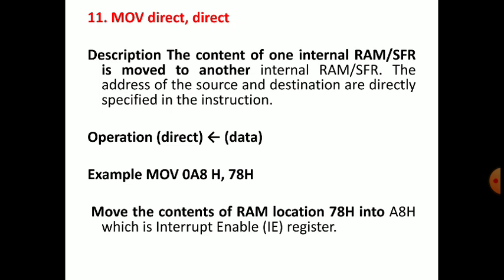The address of the source and destination are directly specified in the instruction. So I have called it direct as a memory location. So the memory location is in the internal memory itself, that is the internal RAM or SFR. So the operation,